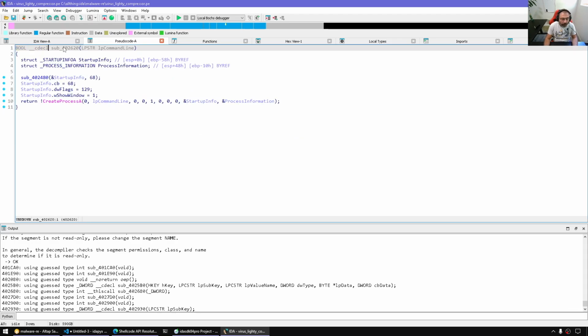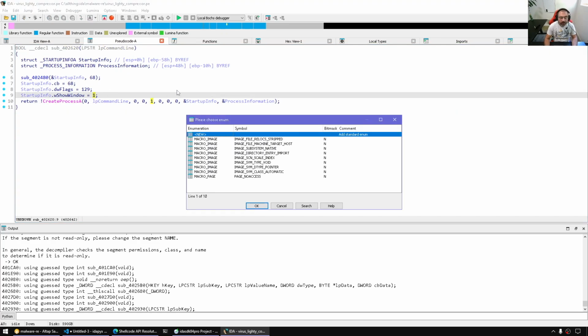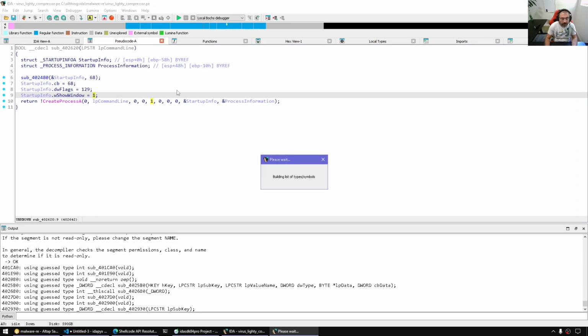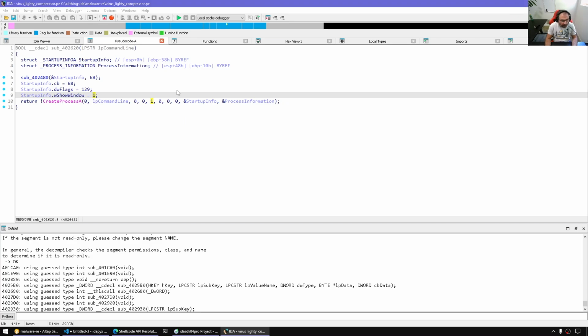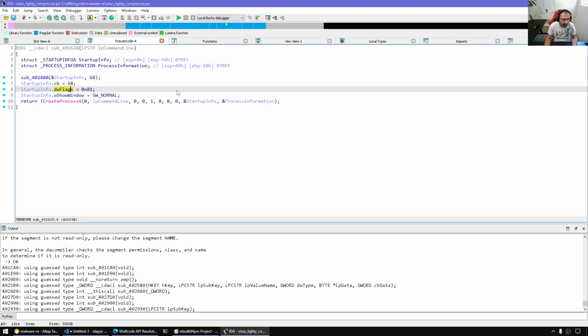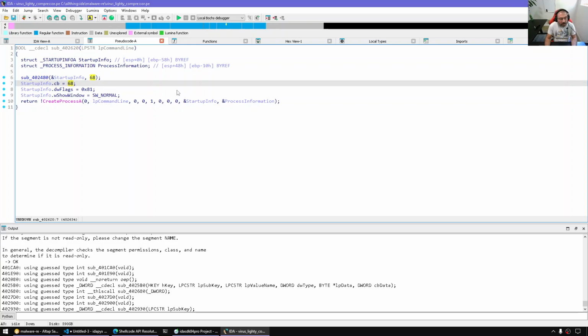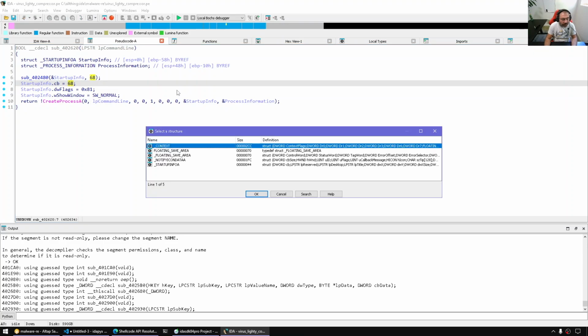Here, for example, let's call this. Here is a create process. Show window. I'm gonna press M. One of the SW, show window, I think show window normal. Here the flags, we'll have to go to the startup flags and import the flags. This one is gonna be the size of the startup info,